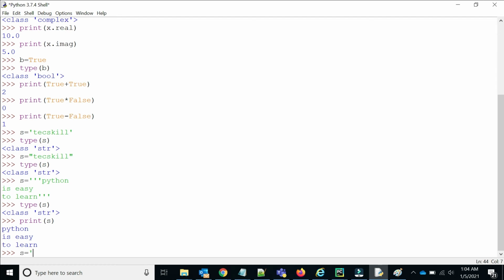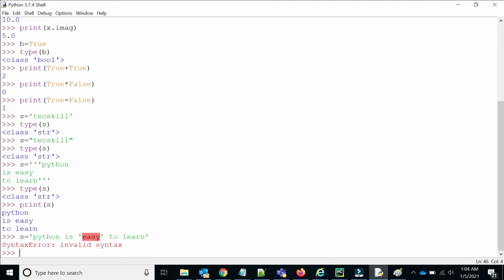So s equal to, 'Python isn't easy to learn', right? Now see, inside my data there is a single quote. I want to print that one, but when I press enter, you see this is invalid syntax. Okay, it is not taking that one.